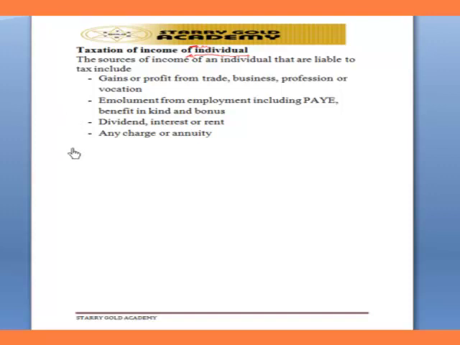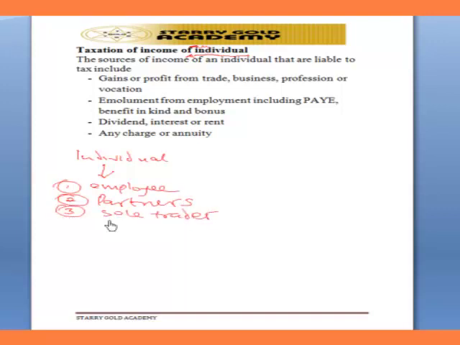An individual will include an employee in employment, a partner in a partnership, a sole trader. I think I should put this down. An individual is made up of, one, an employee, two, a partner in a partnership, three, a sole trader, four, a trustee,